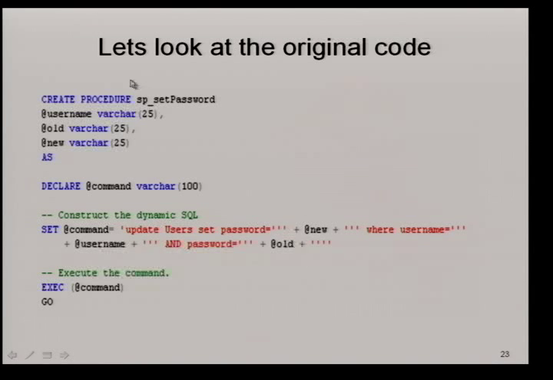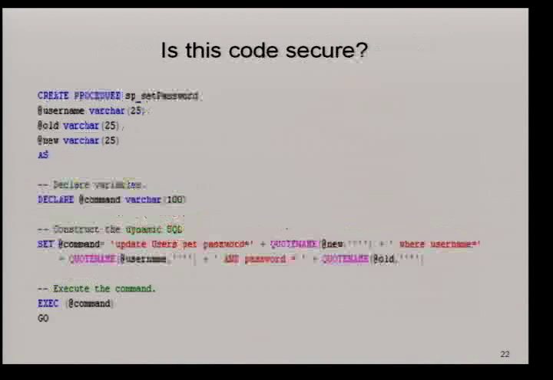So I have sp_setPassword, which takes 3 arguments: username, old password, and new password. And we know that there exists a first order SQL injection issue here, right? None of the data variables are validated. But there is one more problem in this code. If you observe carefully,